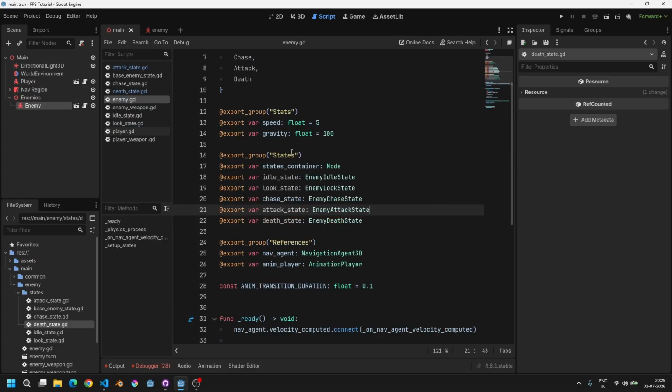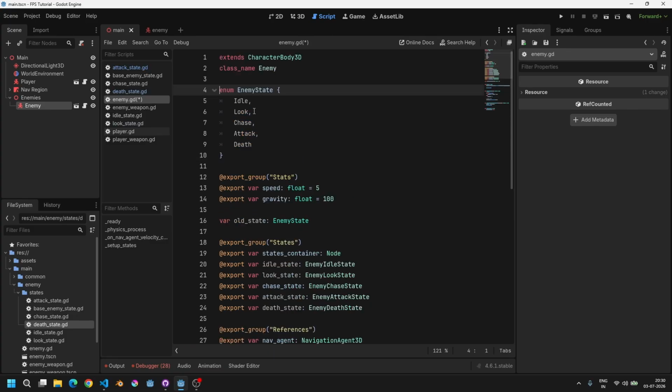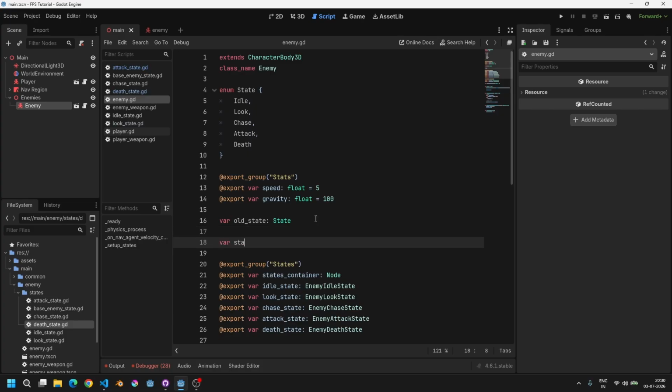So yeah, after having done this, I'm going to define a bunch of variables. The first one is going to be old state, which is of type enemy state. Let me just rename this to state only. After all, this is inside of the enemy class, so let's make it simple. Then we will have state, which is going to be our current, active state, and we are going to start off with the